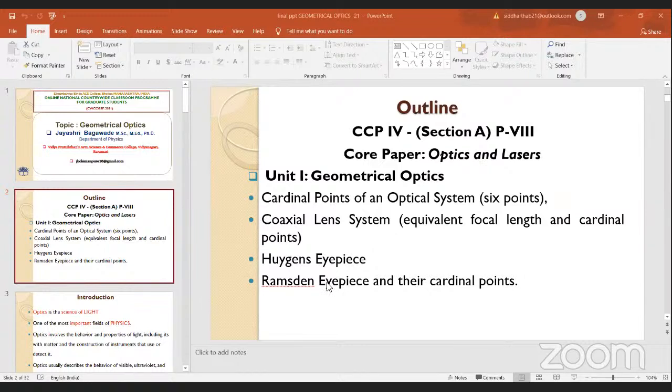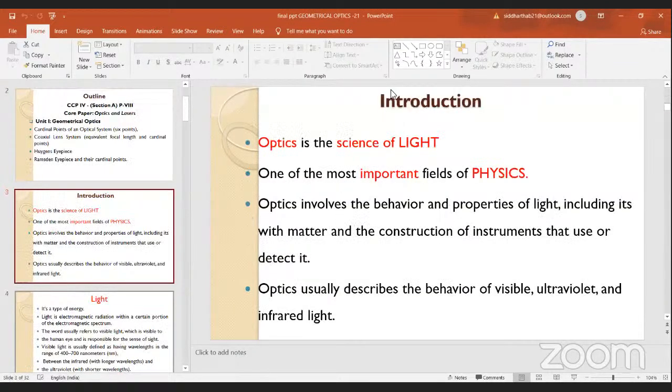So especially whenever we continue this topic, there are so many interesting things before directly approaching these particular units. What are those subjects here? See, people, whenever we have to see the introductory part about this particular topic, what is this optics? What do you mean by optics? It is a very well-known branch in our physical science, and actually it is the science of light. So one of the most important fields of physics, and